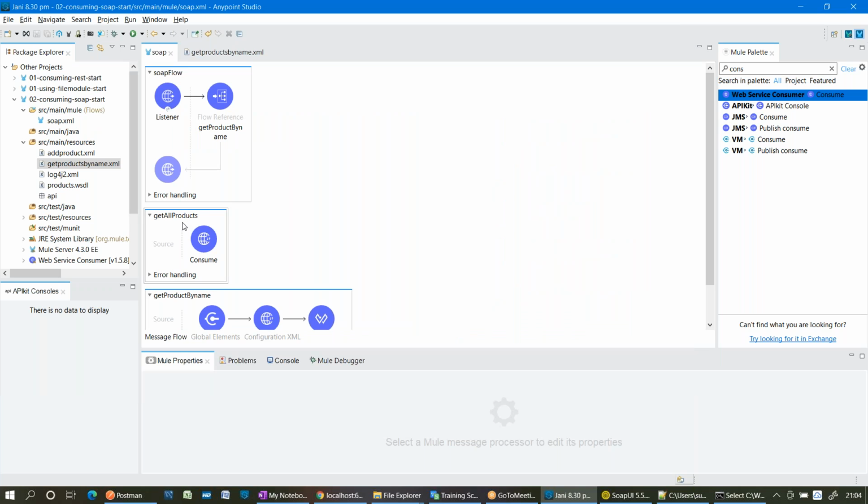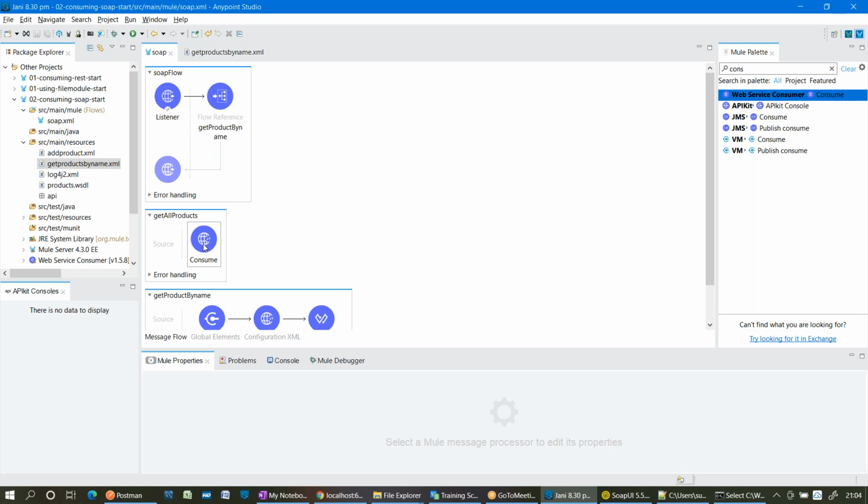So it will ask for the request. What type of request? So this is the change. If you are using a 7.8 version and if you are using the latest version, see, every version they change. They treated it as a bug and they fixed that bug. What is that bug? Do we really require giving an input for get all products? Actually, no, as per the design. In this 1.5.8 version of the web service consumer, they made it mandatory.